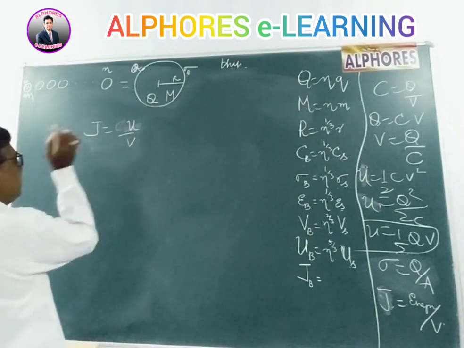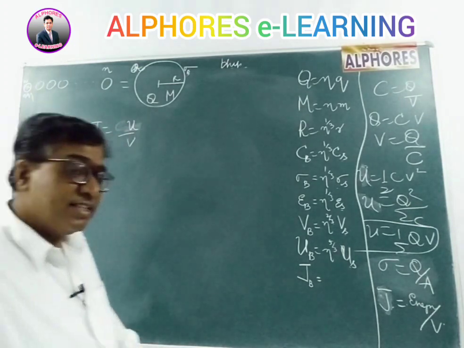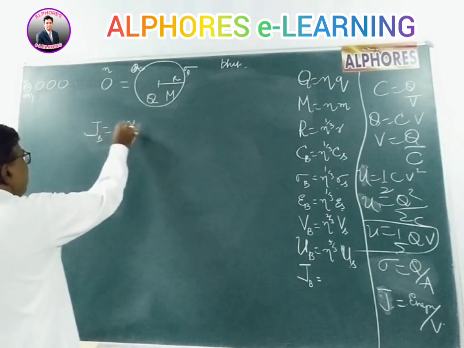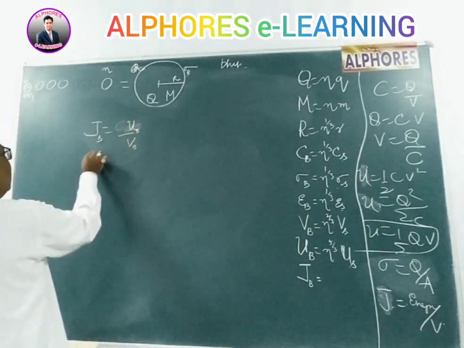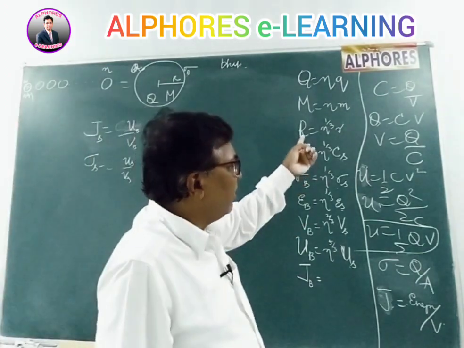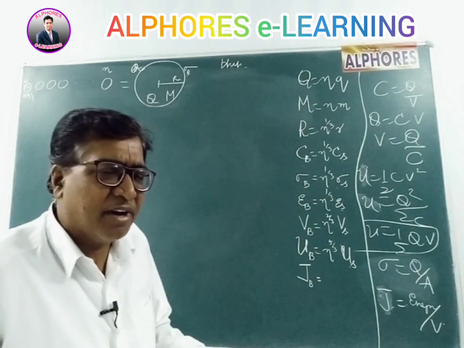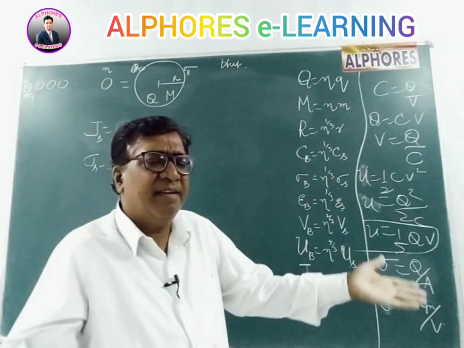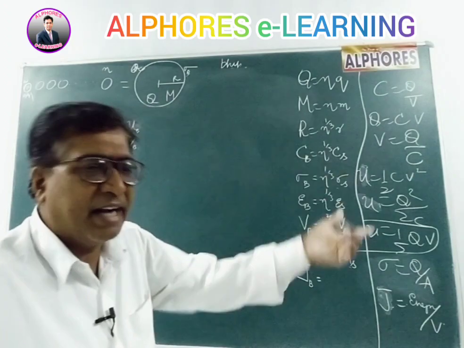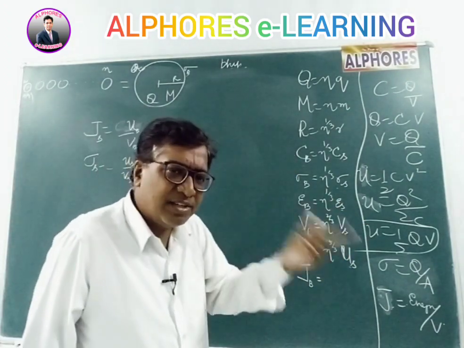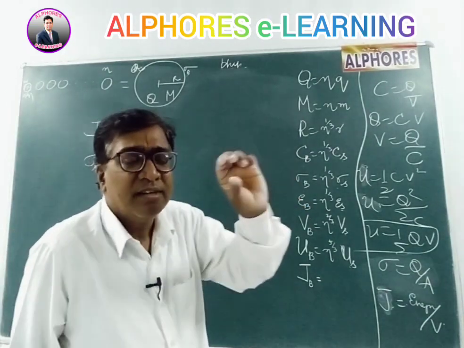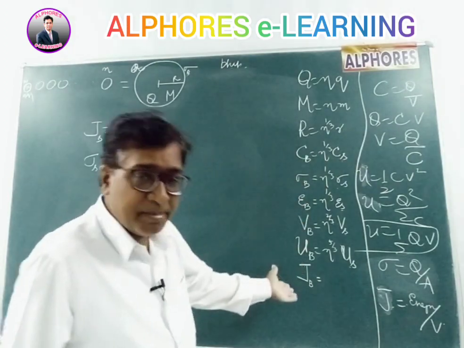So coming to the energy density, it's energy per unit volume. If I take the bigger one, energy of the bigger one by volume of the bigger one. Energy density of the smaller one, U small by V small. I have been finding all these things by taking the basic formula and dividing. Any other parameter he may ask, you can do the same way. Go to the basic formula, take the bigger values, similarly take the smaller values, and divide.